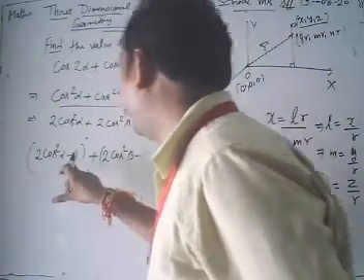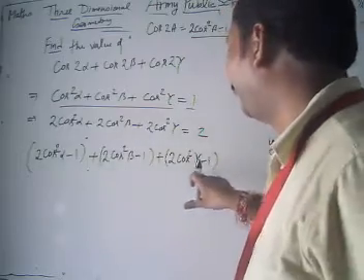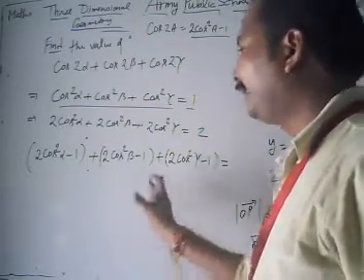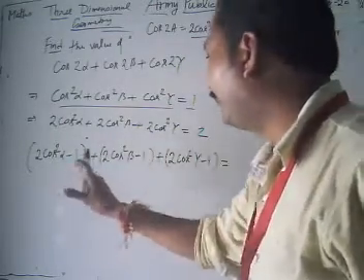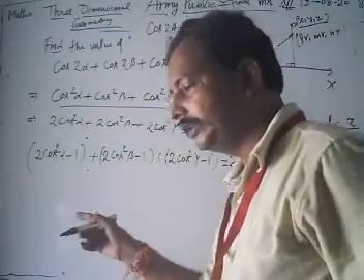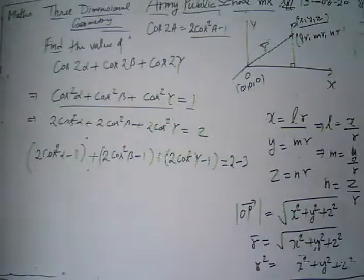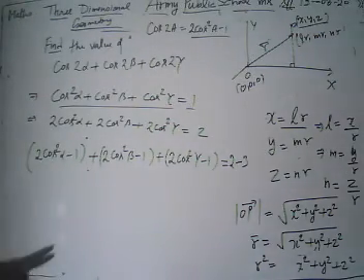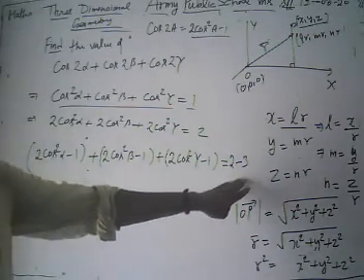Now how many have we added here? Minus 1, minus 1, minus 1 means minus 3. We added minus 3 to our left hand side. Then we have to add minus 3 to our right hand side, because if we are not doing so, then there is a change in our question. So we added minus 3 to our right.